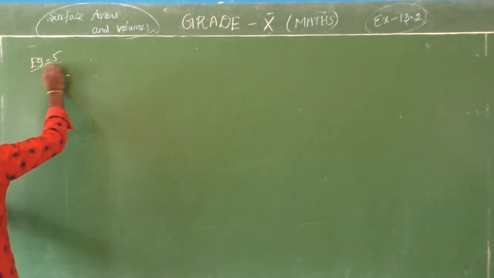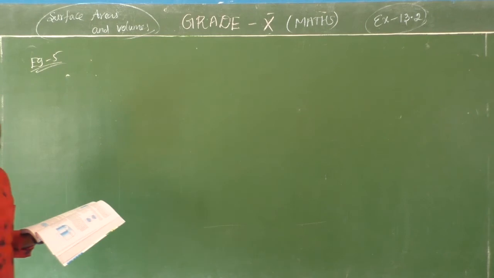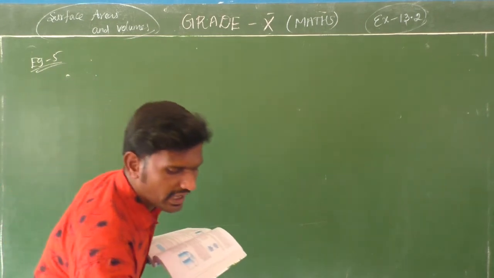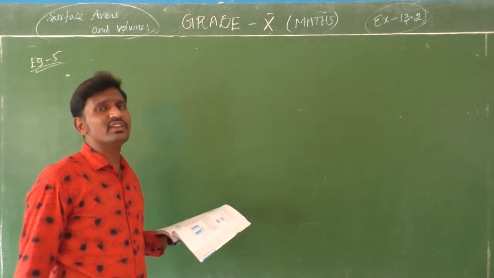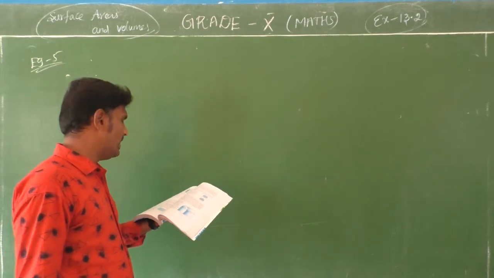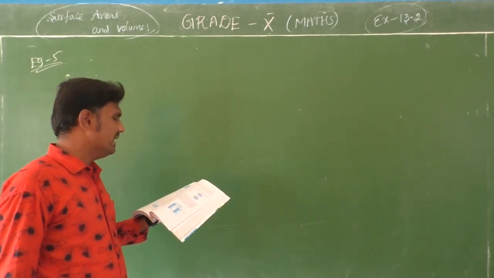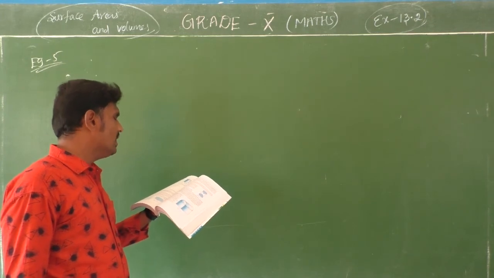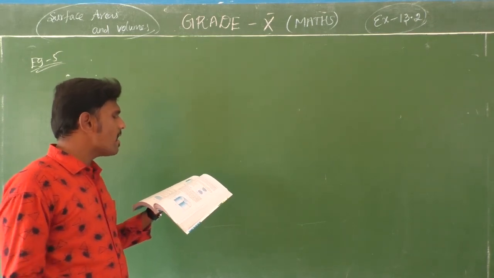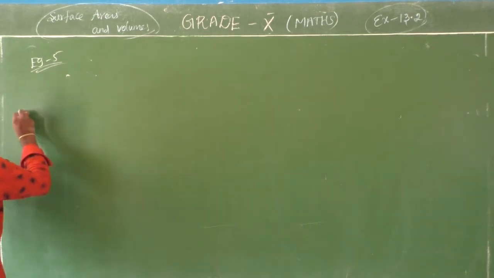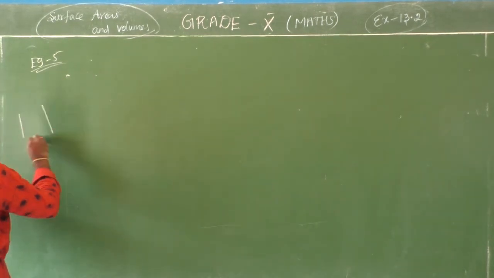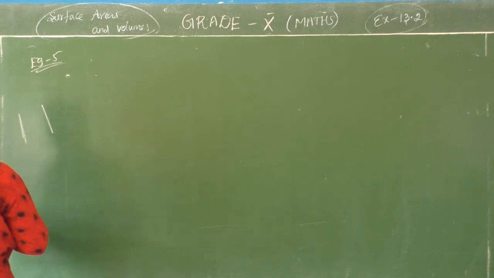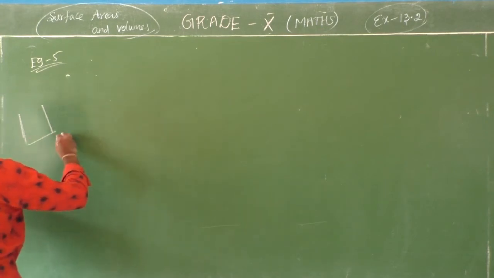Example 5 is different from the previous question, students. So listen carefully. Okay. First I am reading the question, listen carefully. Shanta runs an industry in a shed which is in the shape of a cuboid surmounted by a half of a cylinder. Half of a cylinder. It has a figure. You have it on page number 235. So take it and verify it. Okay.